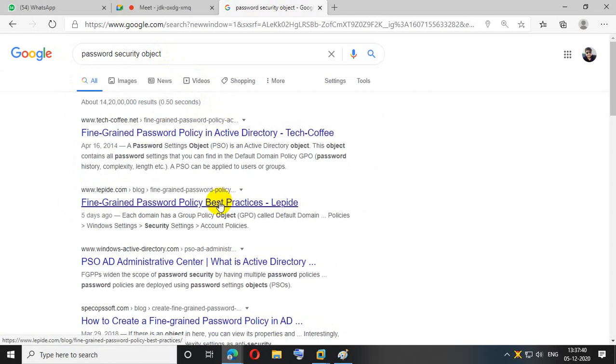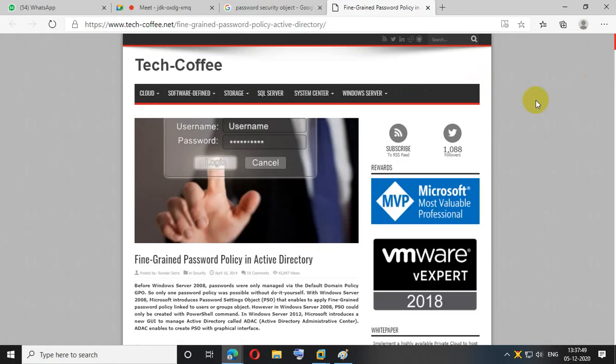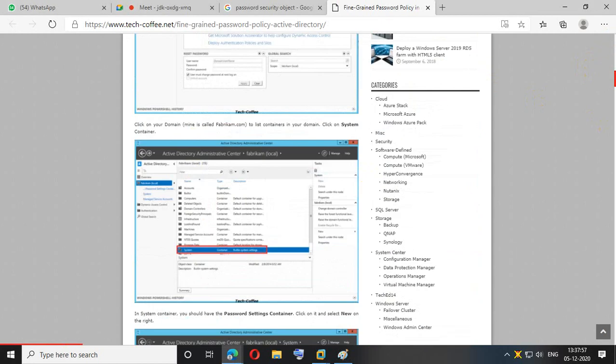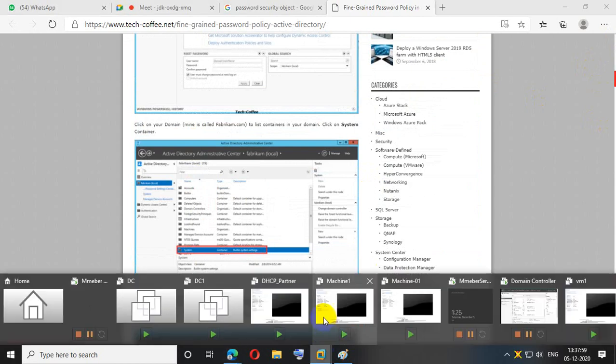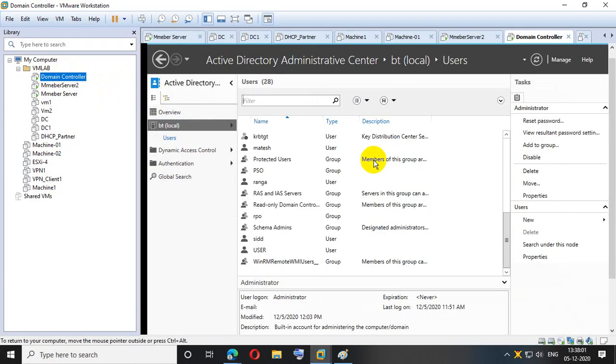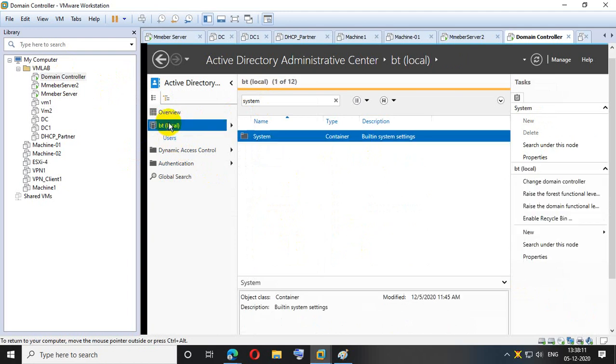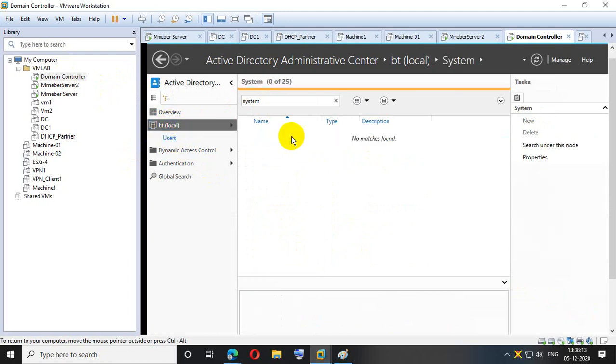Password policy. Policies. System. Sorry, every time you forget this.